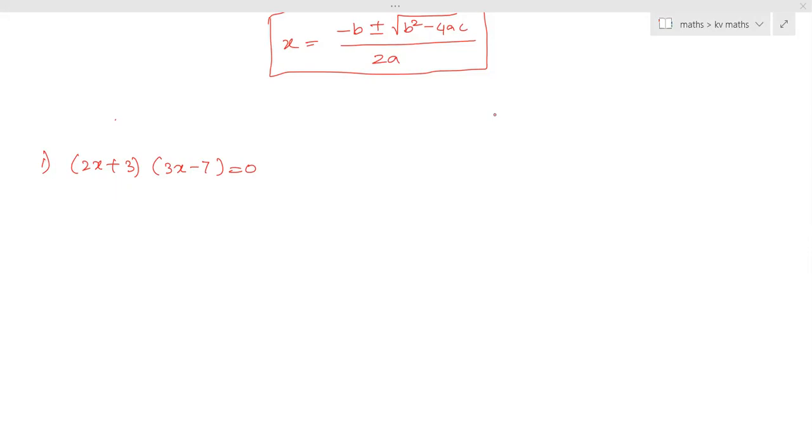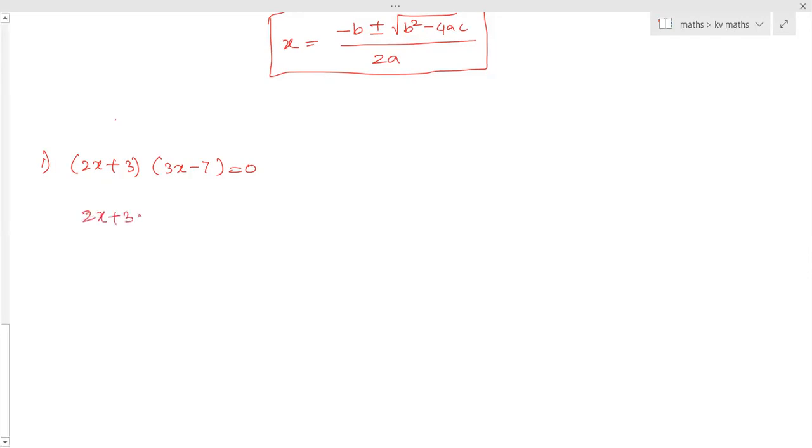So then what you will do? Then by middle term splitting, we'll get the zeros. Now already these are in the form of factors. So by middle term splitting again you will get the same thing. So further what we have to do? Ma'am, substituting the values in the formula. And directly you got the factors equated to 0. Ma'am, we have to equate each factor to 0.